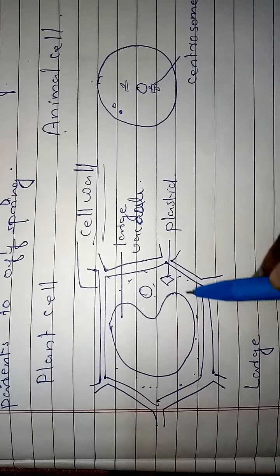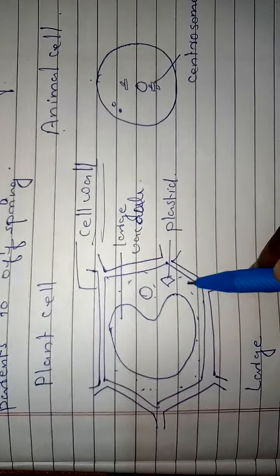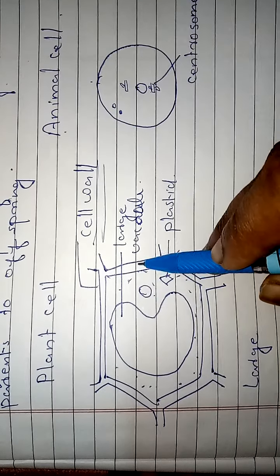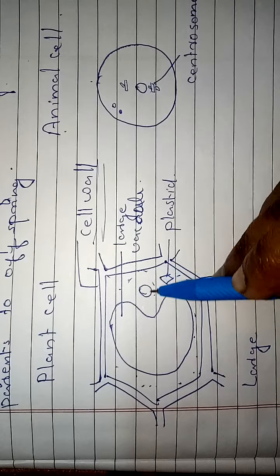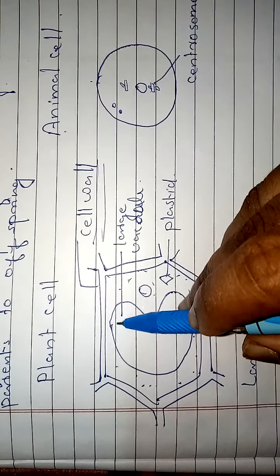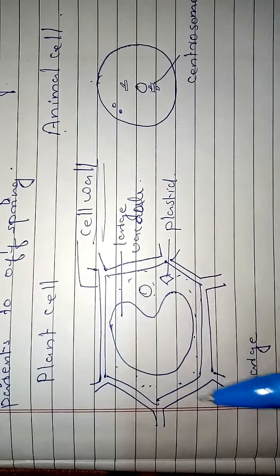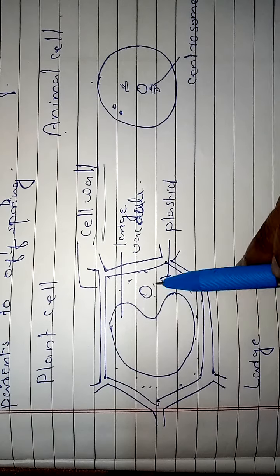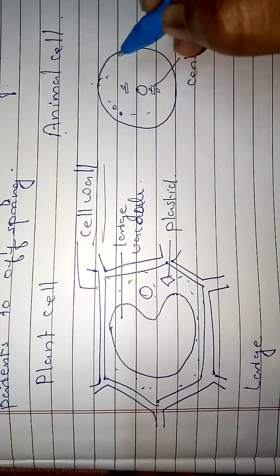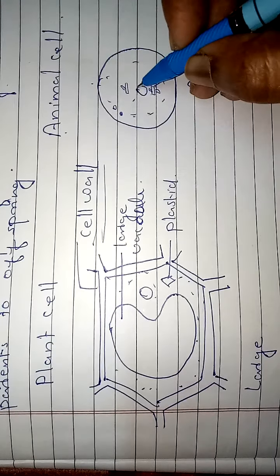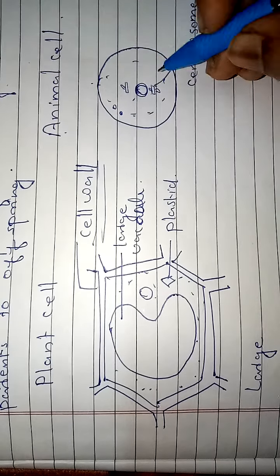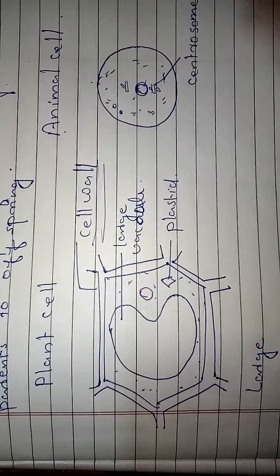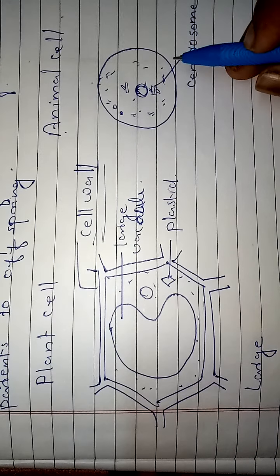Because of the presence of the large vacuole, the plant cell doesn't have that much cytoplasm. It is less, and it is shifted towards the periphery of the cell. You can see that only this much portion contains cytoplasm. The center portion is covered with the large nucleus and the large vacuole, so it is not that dense. But in the animal cell, the spherical nucleus is almost at the center of the cell, and the rest of the portion is covered with cytoplasm. It has dense cytoplasm inside.